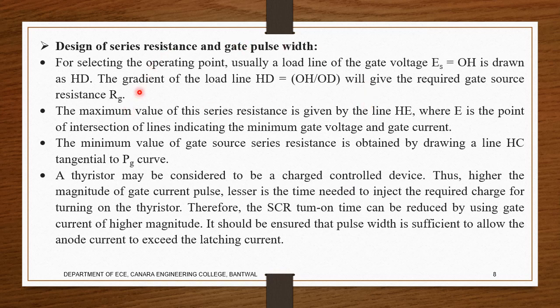So you can see the gradient line. As I said, the OHD line was drawn there, right? So what is happening here? If this is the graph, this was OH, this is H, this is D, and this is O. OH was V, and the graph line was I. V by I is what? R. Alright, that's the logic we'll be using. So whatever value of OH divided by OAD we take, we say it is a resistance there.